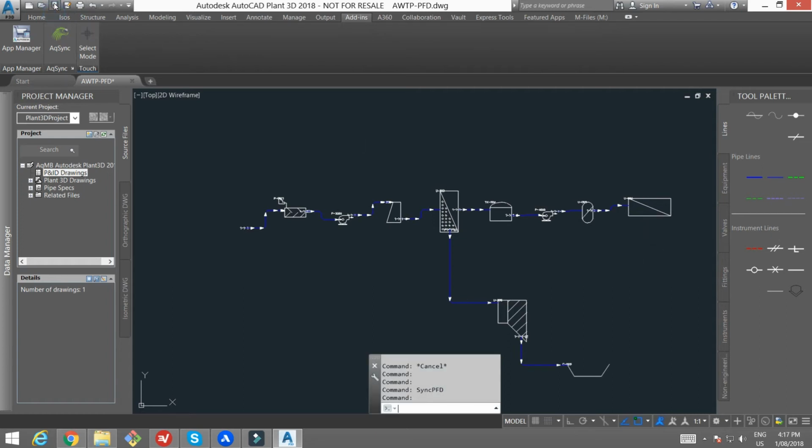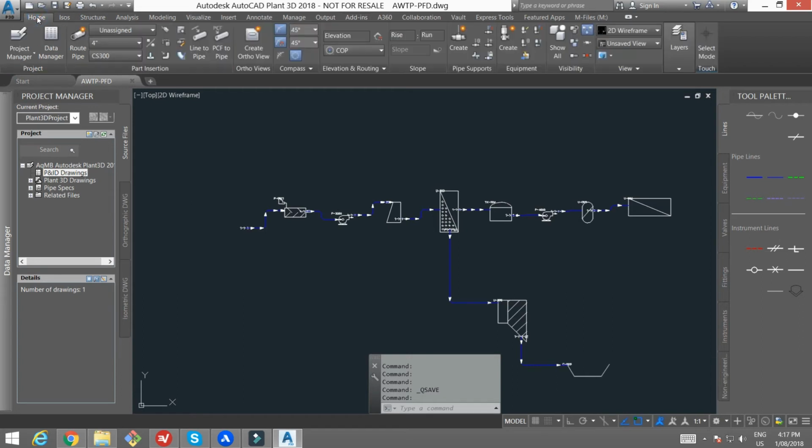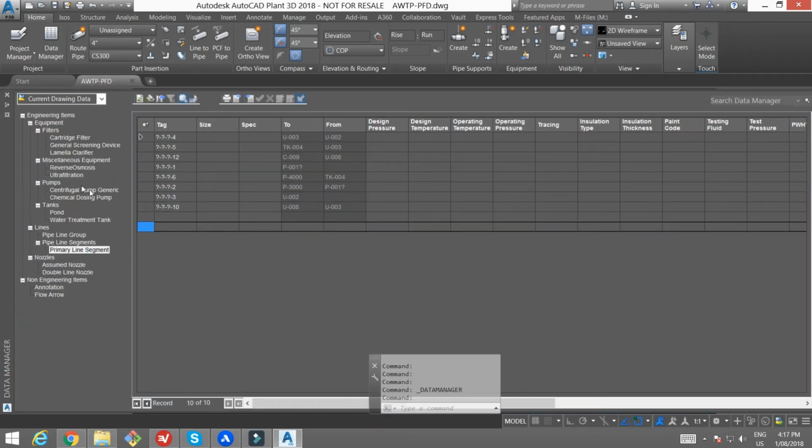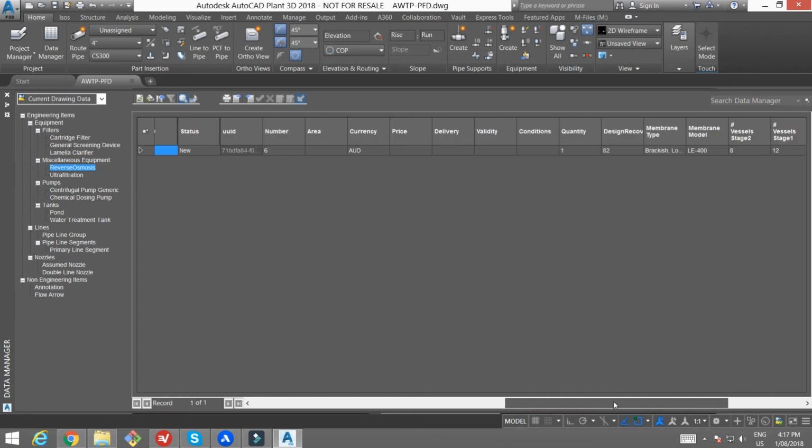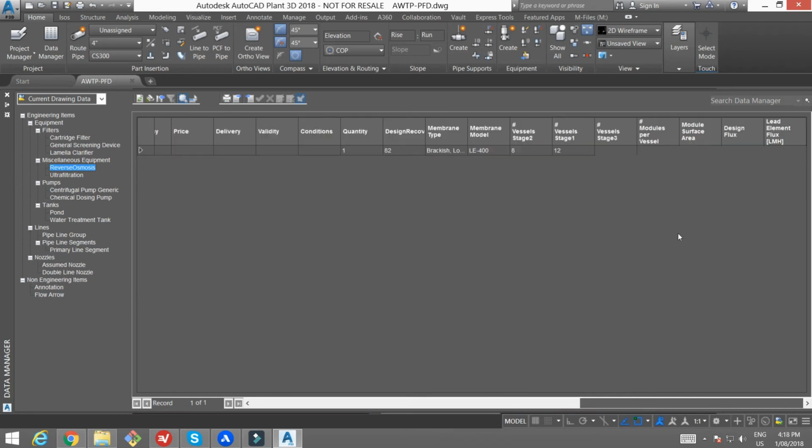Now let's see what we have in our data manager. If I click on home, because the drawing is one thing, but obviously we want the process design parameters to be translated as well, and if there are any dimensioning data, defining vessel size and so on, we want that translated as well. So we can see stage 1, 12 vessels, stage 2, 8, the membrane that we've selected, the design flux, the lead element flux, the recovery. So all that information is